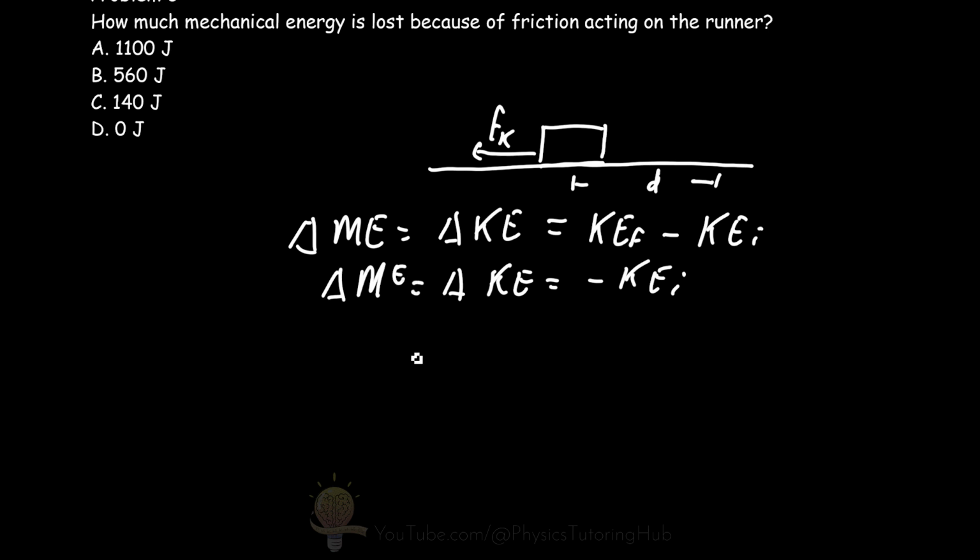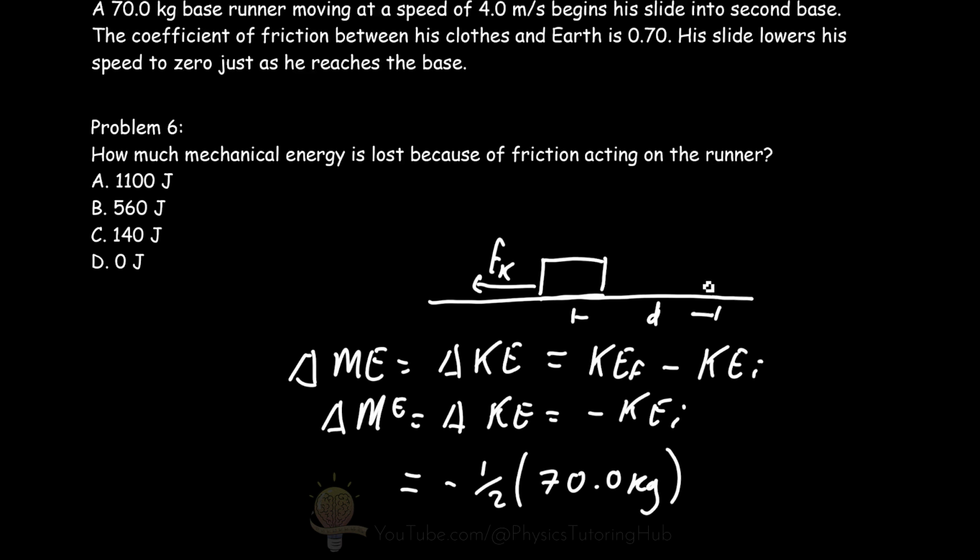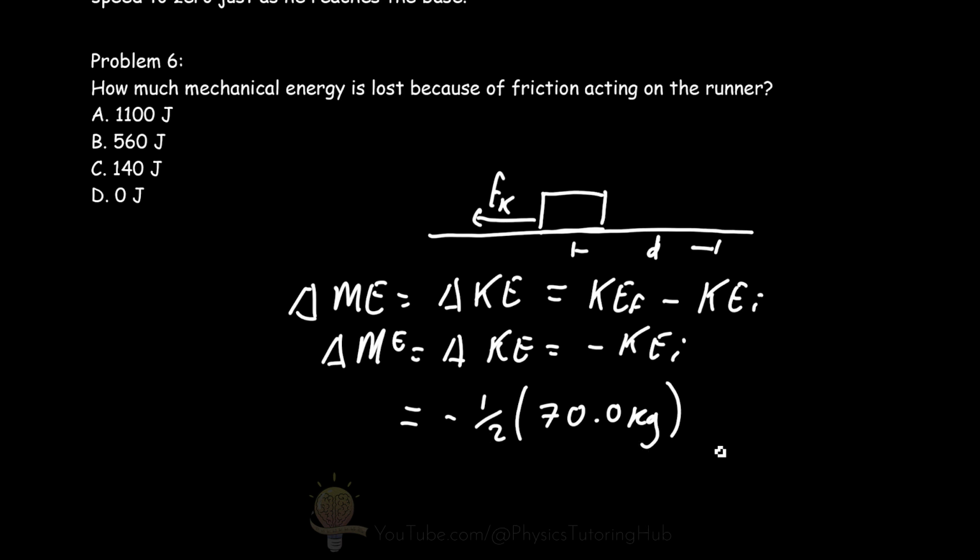So the change in mechanical energy is equal to negative 1/2 multiplied by the mass of the base runner, 70.0 kilograms, multiplied by his initial velocity squared, which is 4.0 meters per second squared. And after we sum this up, we get a value of negative